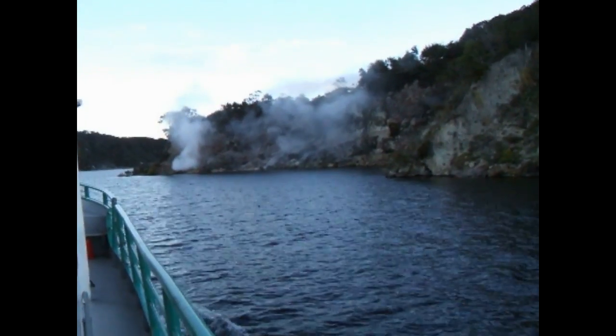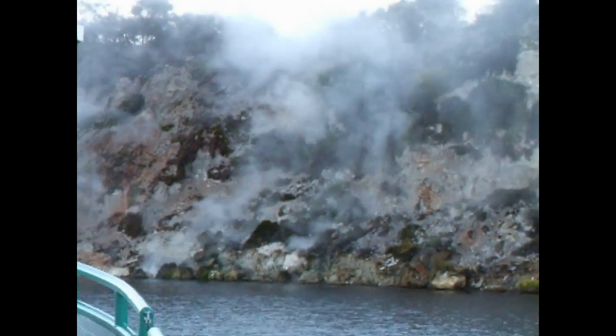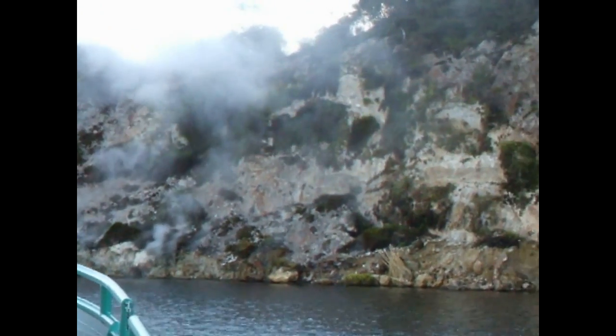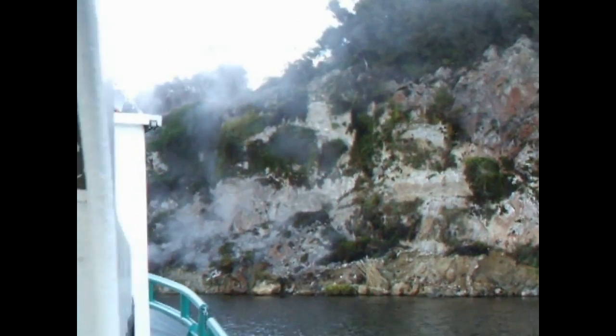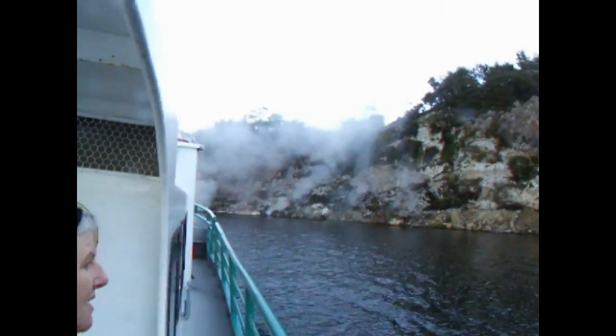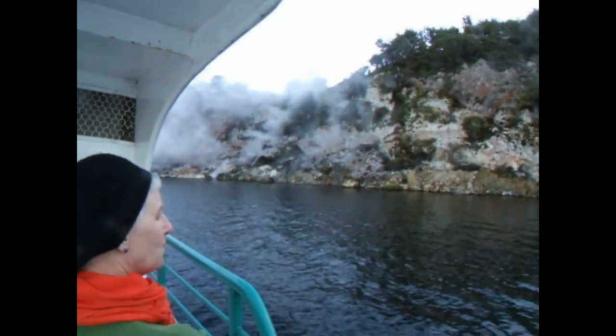Looks awesome, the steam against the blue sky there. Wow, it's all steam and it's coming out of the side of the hill. Righty-ho. And I'm just going to turn the boat round. Thermal interest. There's an eruption site of 1951 here. A hydrothermal blast occurred, a steam-driven eruption, blowing away a fairly substantial knob of rock, exposing these fumaroles or steam vents,